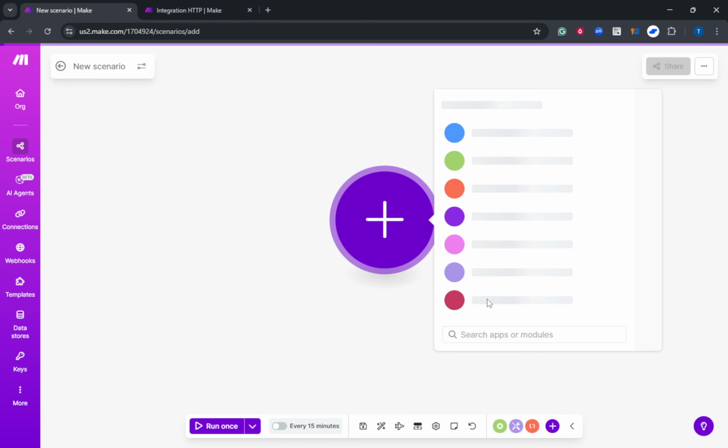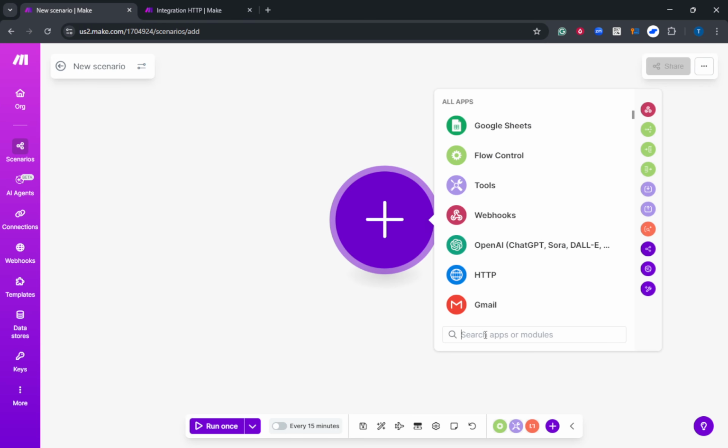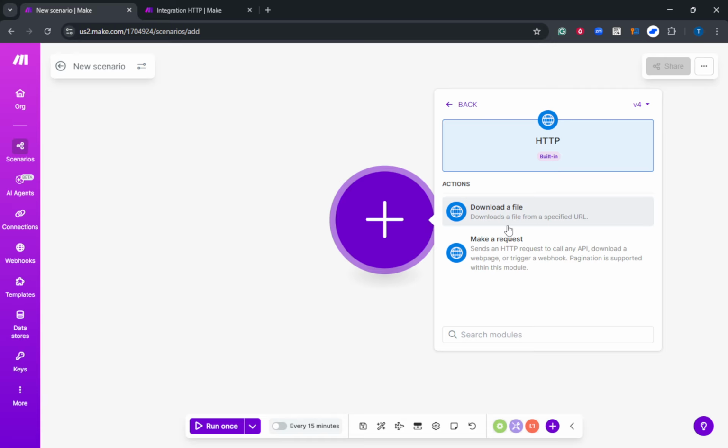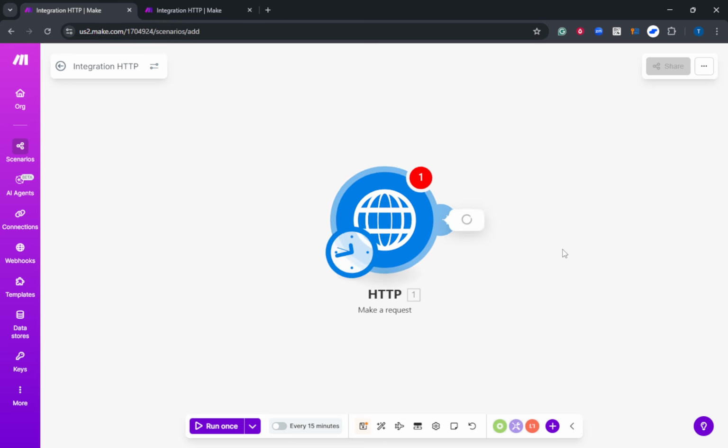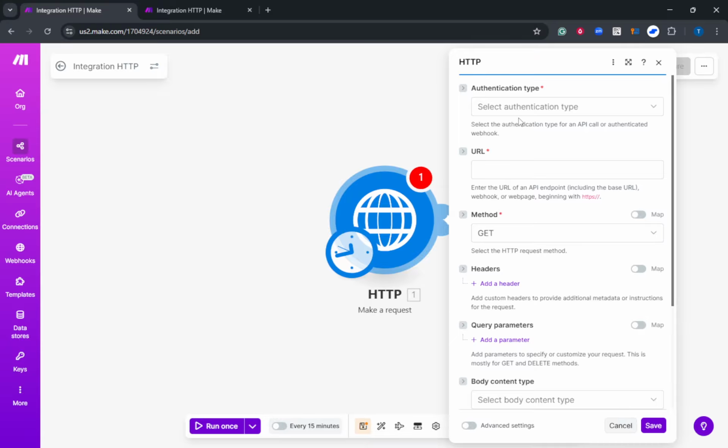Add the HTTP module by clicking the plus button and searching for HTTP. You will see a few variants. Choose the one that matches the API's authentication method described in the API's documentation. Use Make a request for a simple unauthenticated call. Make an API key auth request